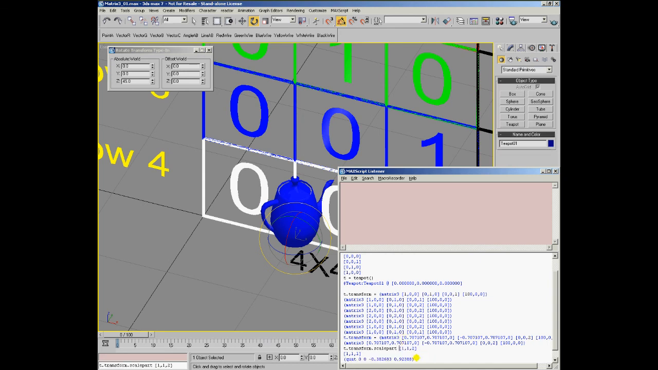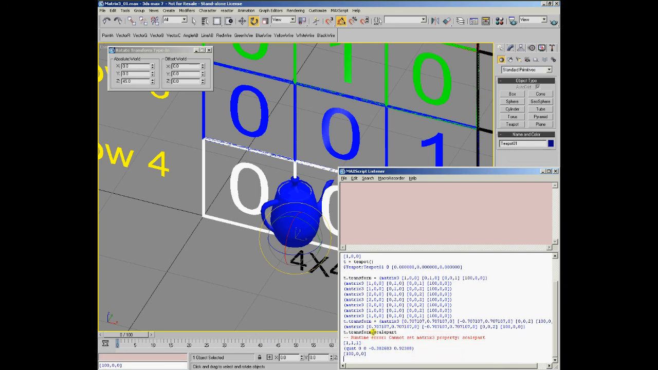Trying to assign a value to these properties returns a runtime error because this is not allowed. Similarly, it's important to note that it's not possible to assign directly to a row of a transformation matrix. For example, if we want to change the row 4